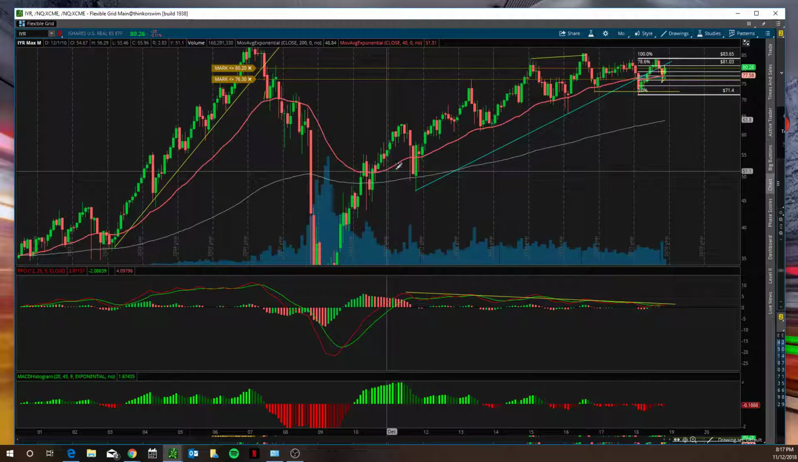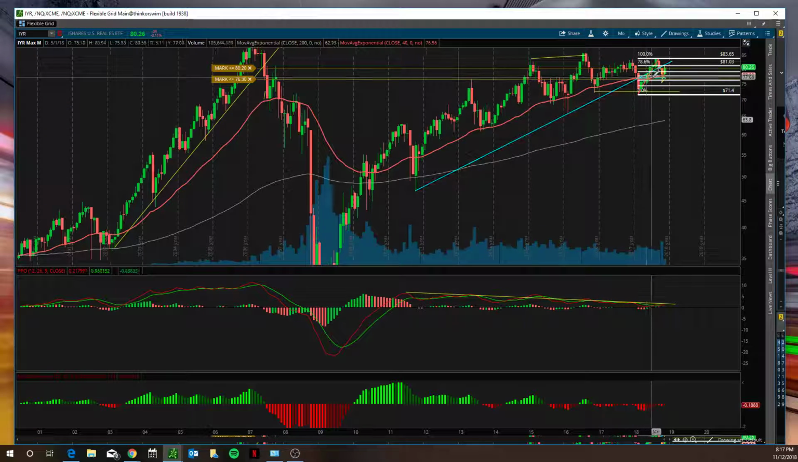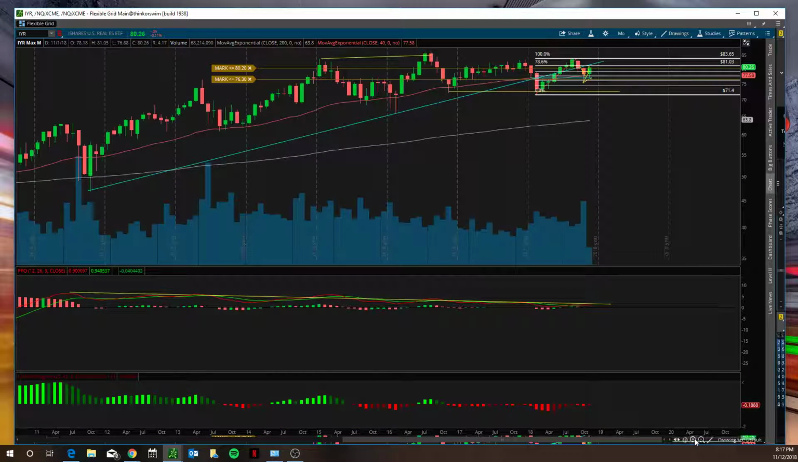But see how this red line is no longer sloping up. See how it was going up right here. See this up angle? What's it doing now? It's flattening. This is a topping pattern. It's flattening out, flattening out, flattening out. Boom. Okay, all right, so let's move on to